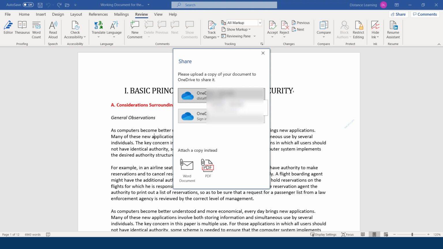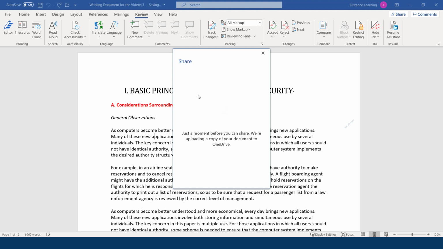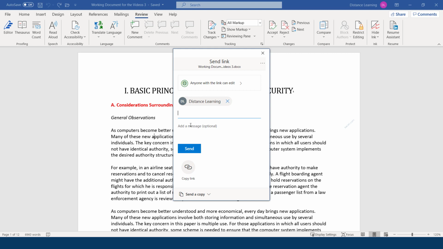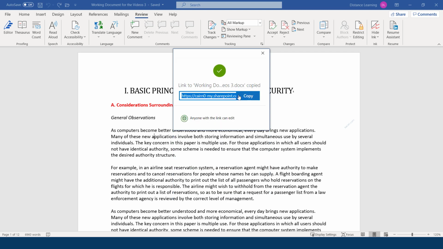Now, if you want to use OneDrive, you simply select the OneDrive option here, double-click on it, and now you can choose, anyone with a link can edit it. You can enter the name of the user, select the name of the user, add a new message, or you can copy the link and just send them the link to that document via an email. So you just click on Copy now, and you simply, in your email, copy this link and send it to them as part of your email. So that's one way to collaborate with one of the users